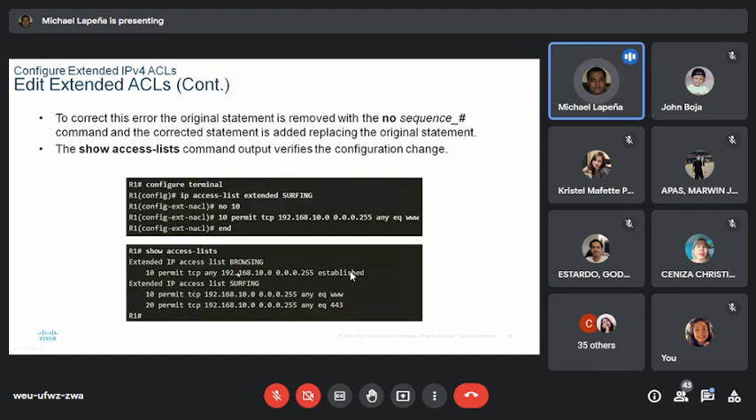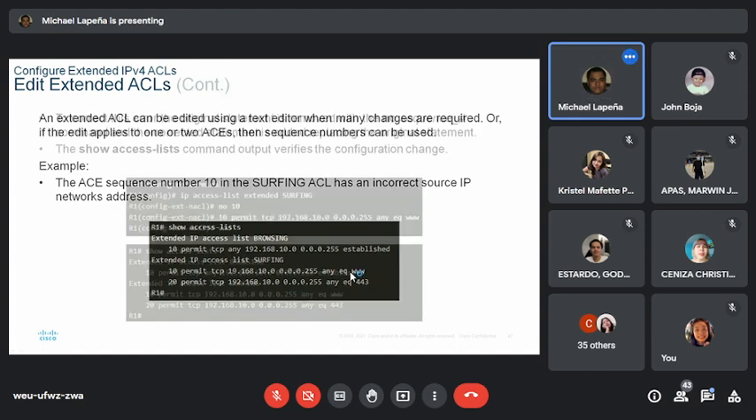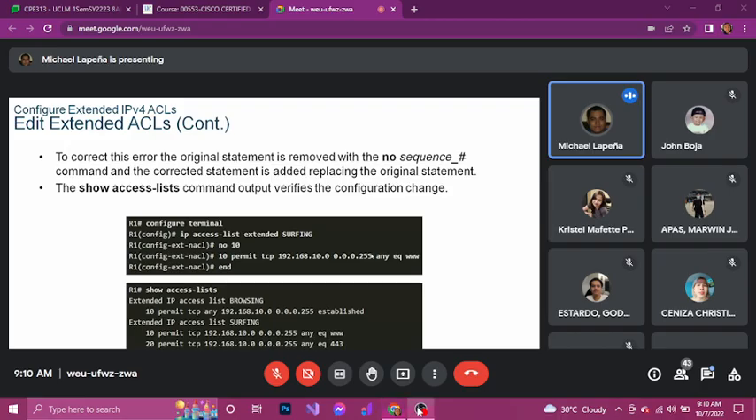To correct this error, the original statement is removed with no sequence number. So take note sa na number, extended number, which is 10 permit TCP, which is this one, this line. Okay, so kanya atong delete on the whole line. Okay, so we give command IP access list extended surfing, then no 10, then we added 10 permit TCP 192.168 with the correct values atong network and subnet mask. I mean wildcard. Again, this